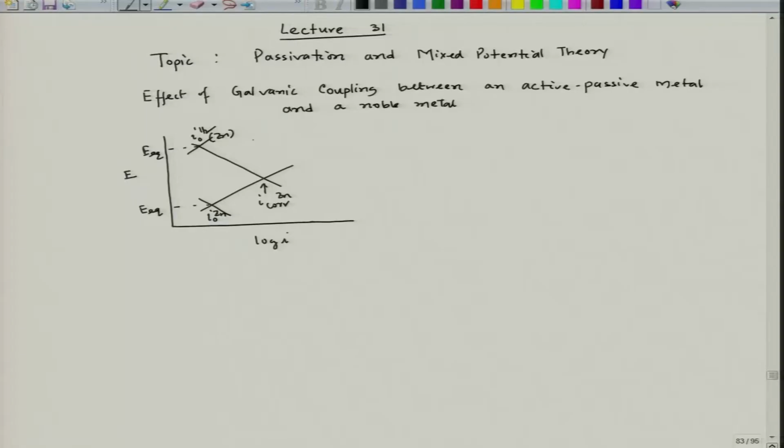If the exchange current density of hydrogen evolution on platinum surface is higher than on zinc surface,